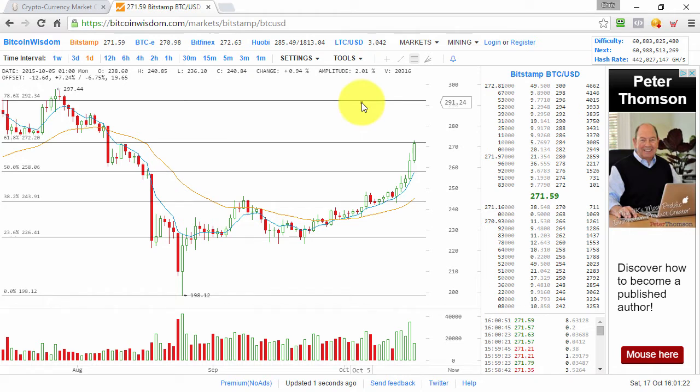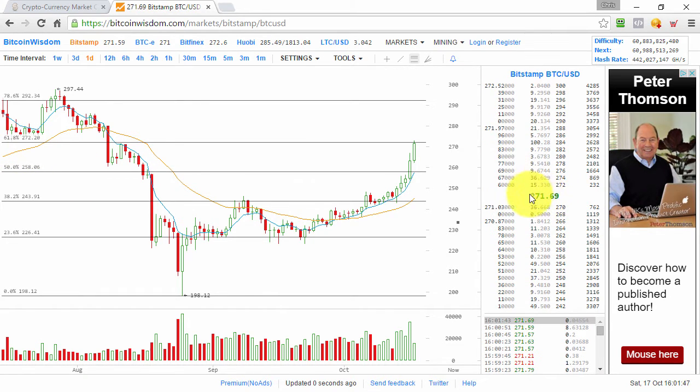Granted, we haven't closed yet for the day, but what's absolutely fascinating, and this is why I love the old Fibonacci retracement lines so much, is because it's plotted the next level of resistance for us, and you can see how perfectly the price is obeying it. So we went straight for the 50%, and then using this simple indicator, the next stop would be around 272. And look at this. This is exactly where the price is,